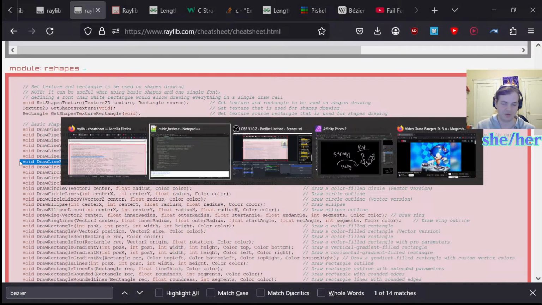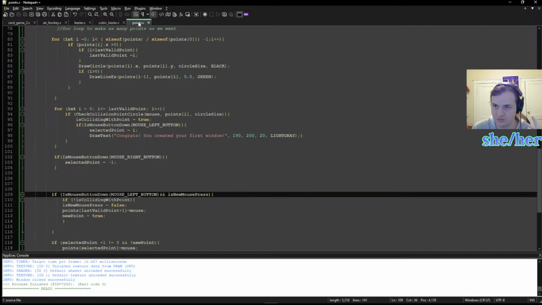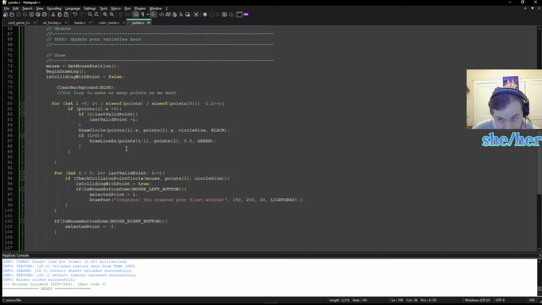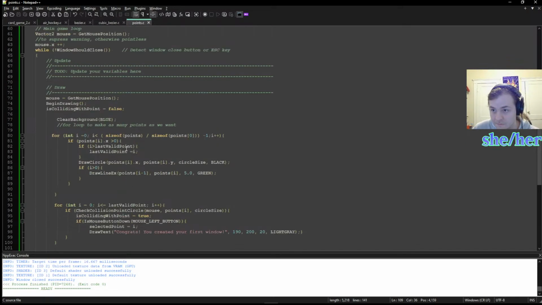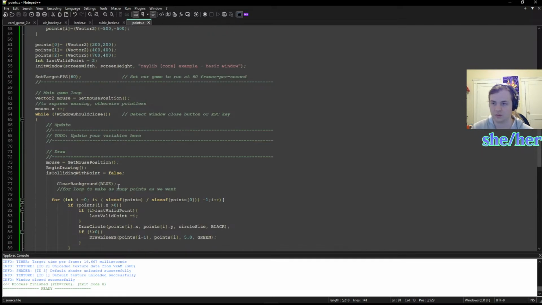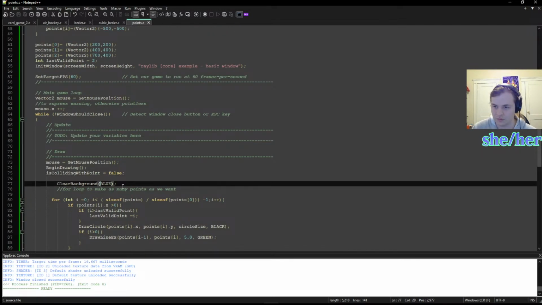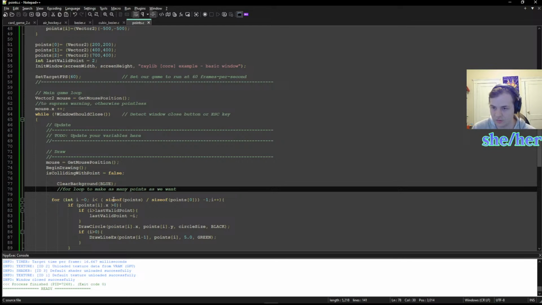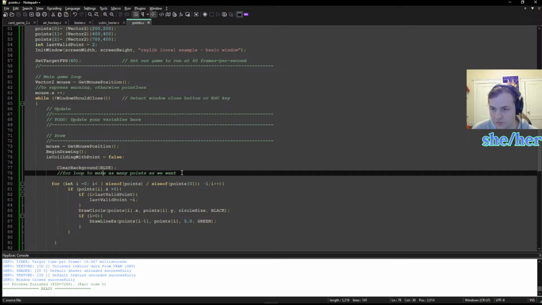So I promised I would do Bézier curves in this stream, so we're just gonna, okay. Just going with point. Okay, so clear background, great. Okay, so we're drawing all the circles. This is no longer true. Okay, so we're just gonna